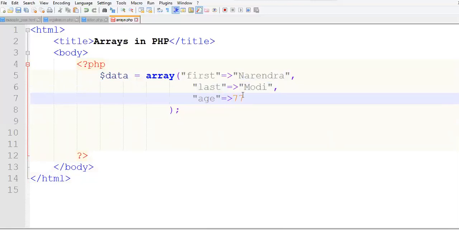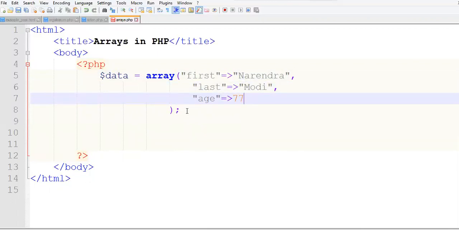As you can see here, each of the values of the array has been given a name, and they can be accessed with the help of these names, and cannot be accessed with the help of indexes. Also see the syntax. The last value in the array does not have a comma. Only the previous values have commas.